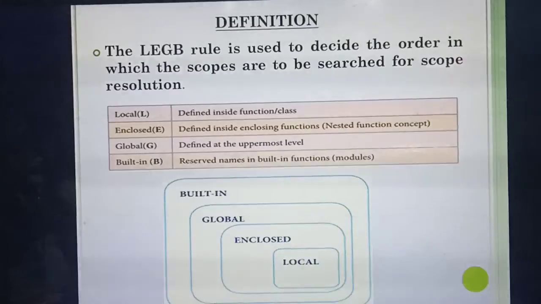See the diagram. Just like a story I am telling, to remember this diagram. See the innermost corner, have you seen the local? How you need to remember: local represents land. Just say you are going to buy one land. For example, your aim is to build one house on a new land. To build a house on a land, what's the first requirement? First you need a land. So you will buy a land. That is called local. First box over. L represents land. Please don't write all this in your exam. For your remembrance I am saying this example. L represents land, local.